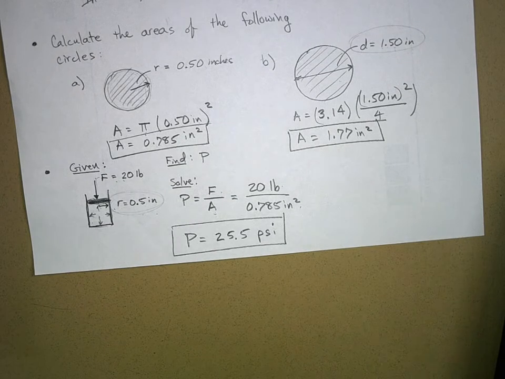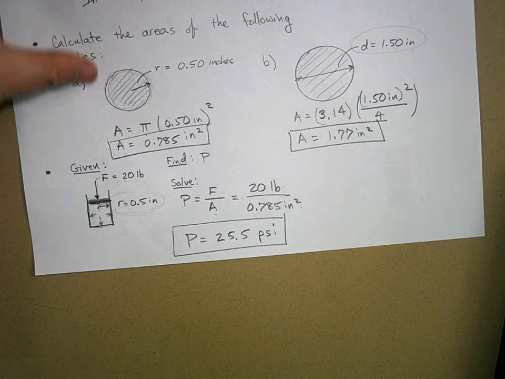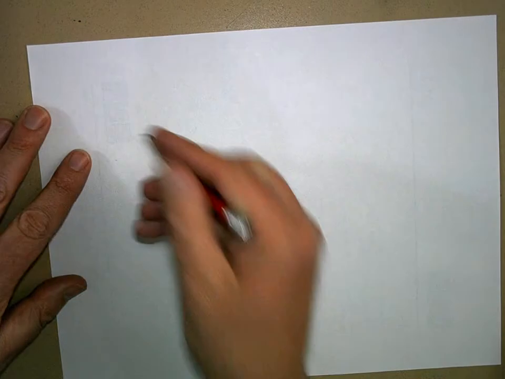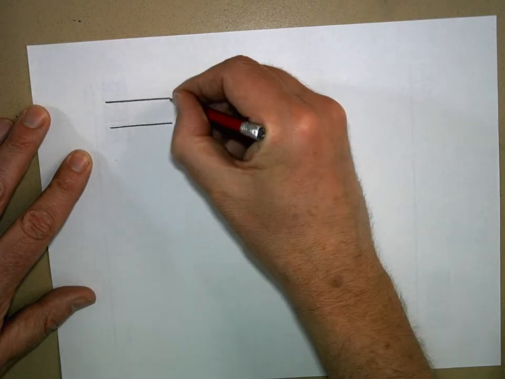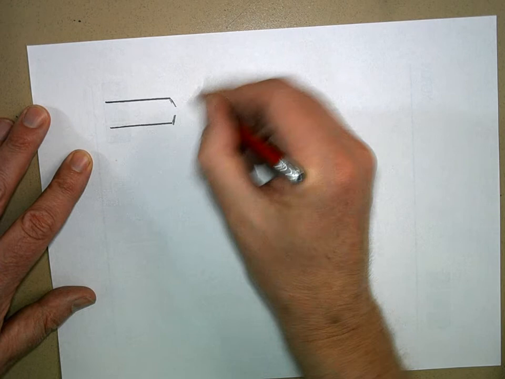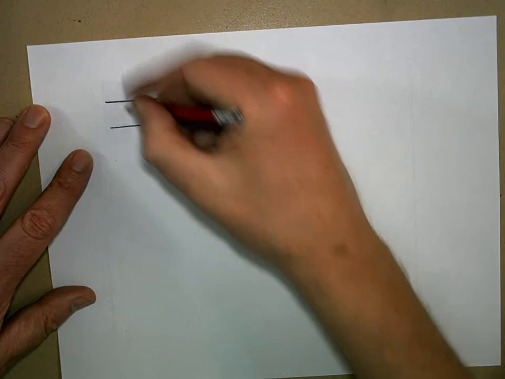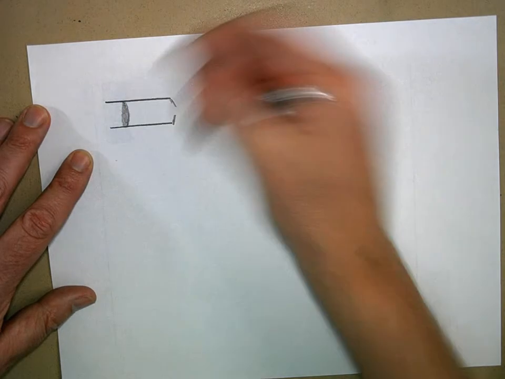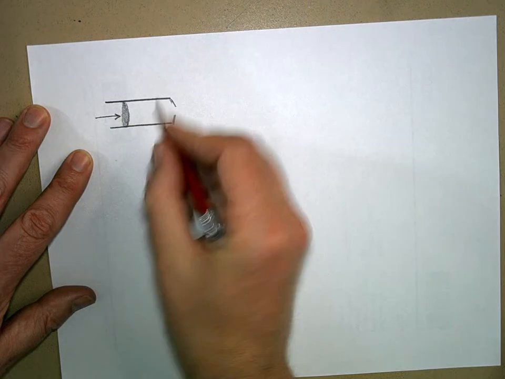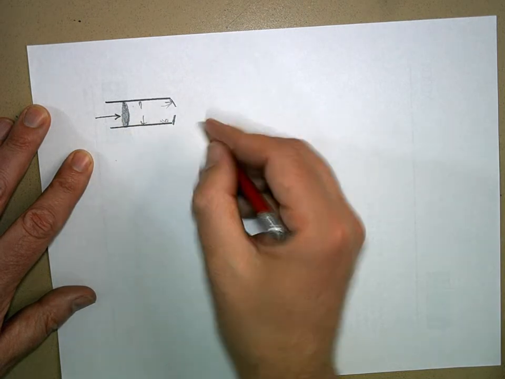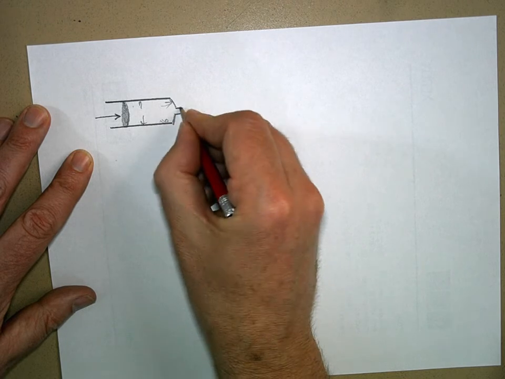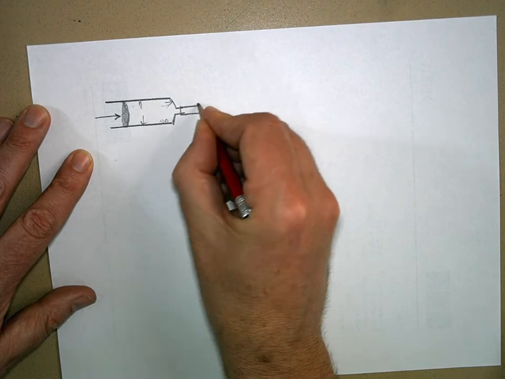Okay, now we're going to get to something a little more interesting. Let's take the piston, lay it on its side, and we're going to have a piston that looks like this. Here's a circular piston, and I'm going to apply a force to it, and that's going to put pressure everywhere inside here. Okay, but now I'm going to take this and connect this via a tube like I showed you before,